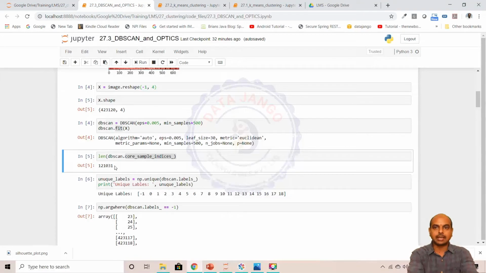121,031 records are the core samples. What is a core sample? There are 500 minimum samples surrounding those core samples within a 0.05 radius. What is 0.05? It is Euclidean distance. You take one sample and calculate the distance between that sample and all the records in the data set,